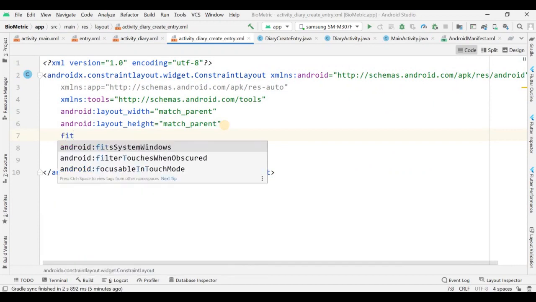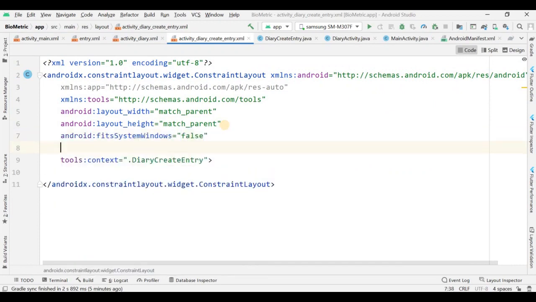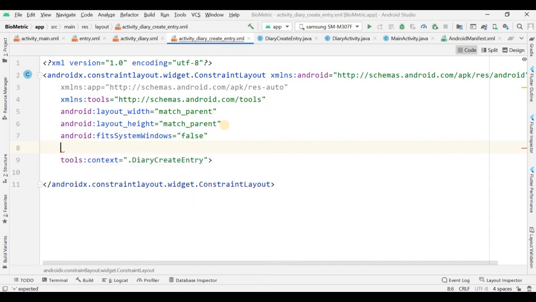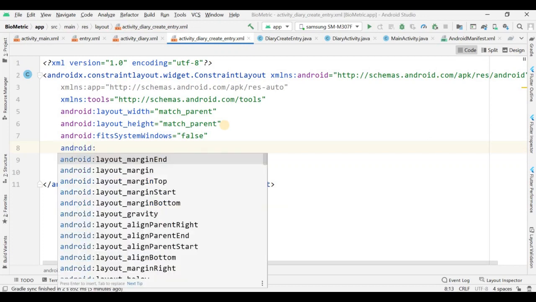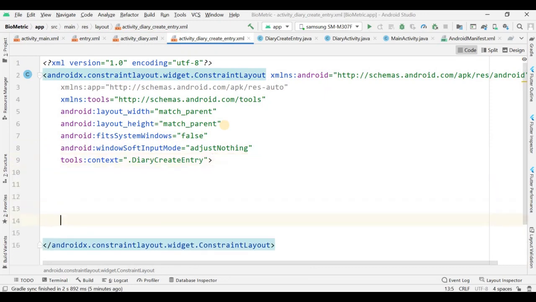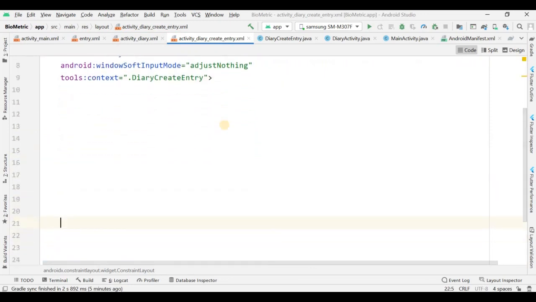Okay, and let me give its fits system windows as false. Then now what I have to do here is to check for that window soft input mode, actually, like adjust nothing. Okay, so now